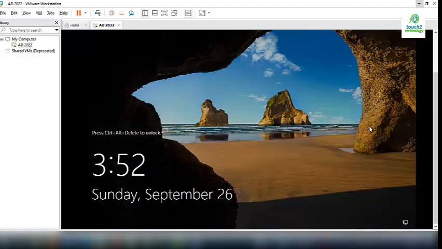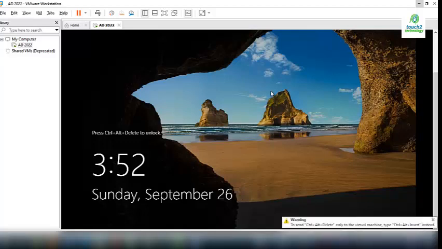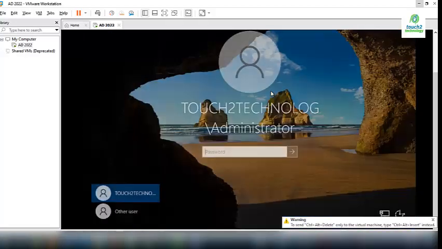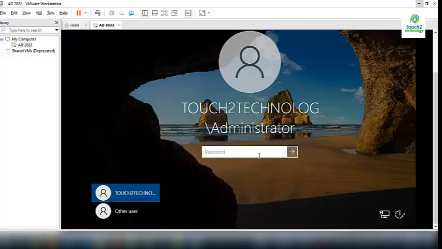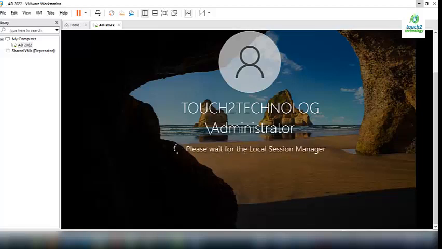Here it is showing the domain controller name and the administrator user. I put in the password. So finally the Active Directory installation is done.